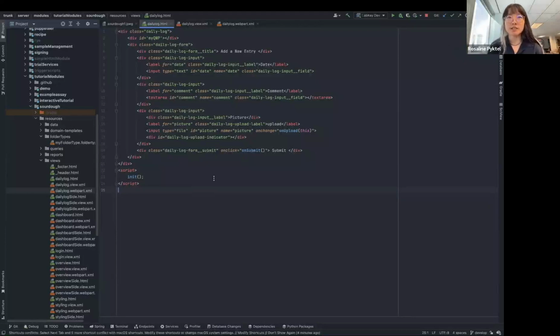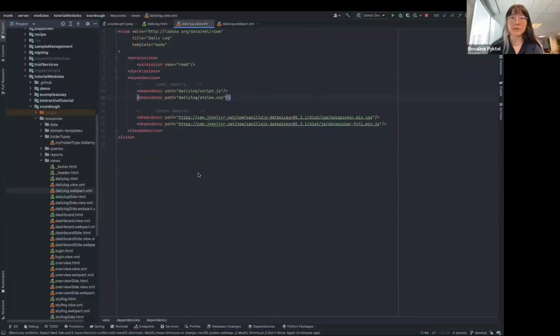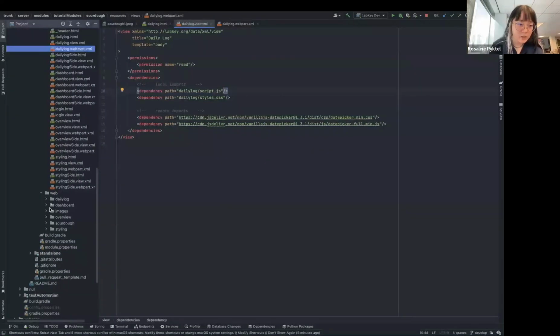So how are these functions, such as init and onSubmit, getting pulled in? Well, I have modularized my JavaScript functions into their own file, but you can also choose to have your script functions defined right in this HTML file if you want, within the script tag, rather than what we are about to see. If we look at the view.xml, we can see that we're declaring some dependencies here. There are some to the date picker that we are using, loading both styling and scripts, and there are local dependencies. If we look at the scripts down in web, daily log scripts,